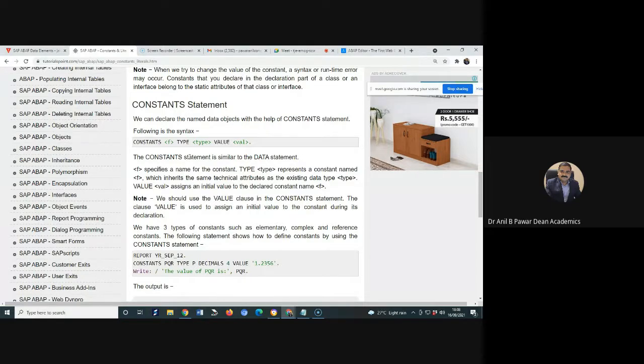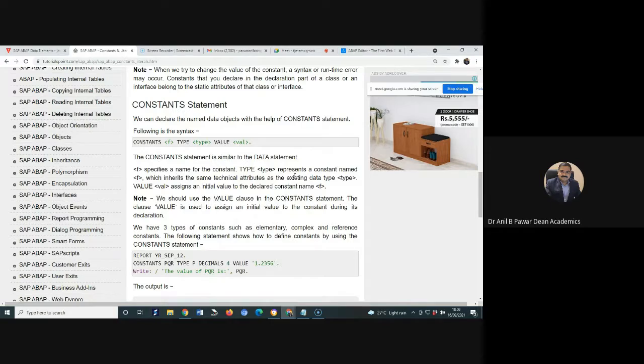It is said here that the constant statement is similar to the data statement. When we want to declare a variable we use the data statement, but now I want to declare a constant. So ultimately a constant is also a kind of variable. Here we use a similar syntax for the constant statement as well, where f specifies the name of the constant. Earlier for a variable it was the name of the variable.